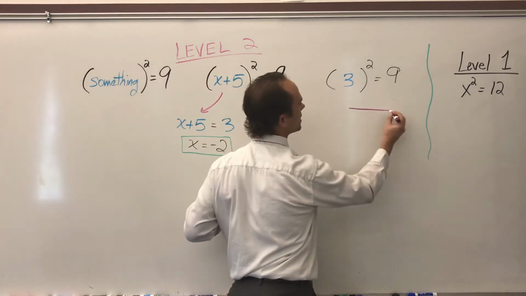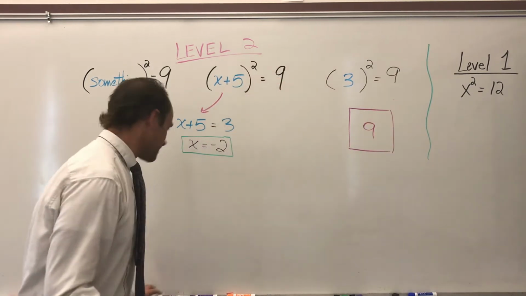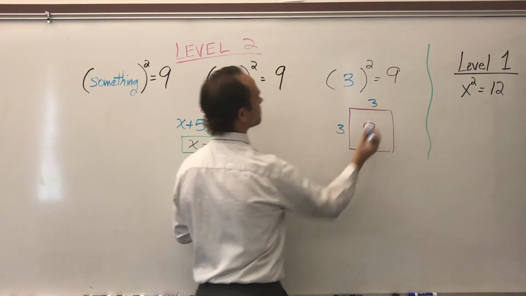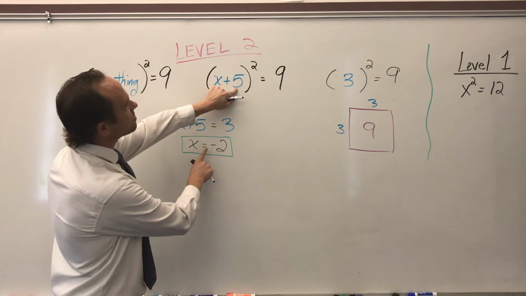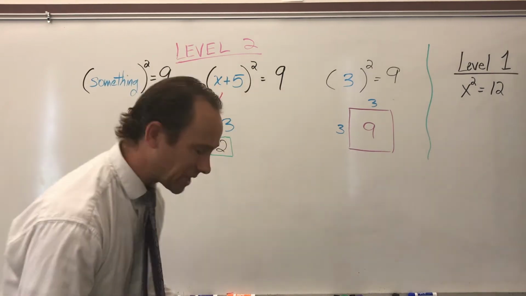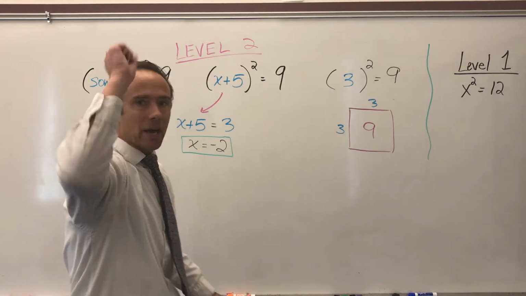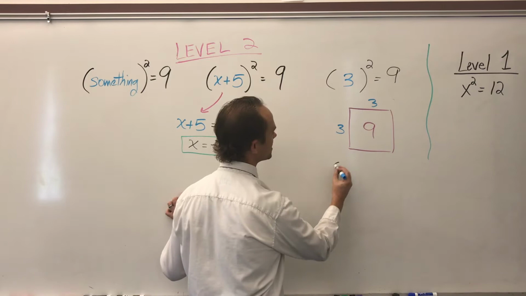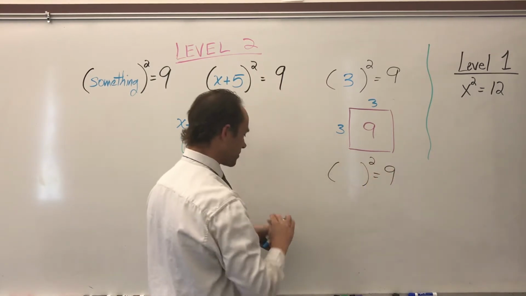That really is saying that you have a square whose area is 9. That means the dimensions are 3. And so x would have to be minus 2. Minus 2 plus 5 gives you 3. But there's another solution. There's also that equally beautiful algebraic solution that says, hey, you can go negative 3